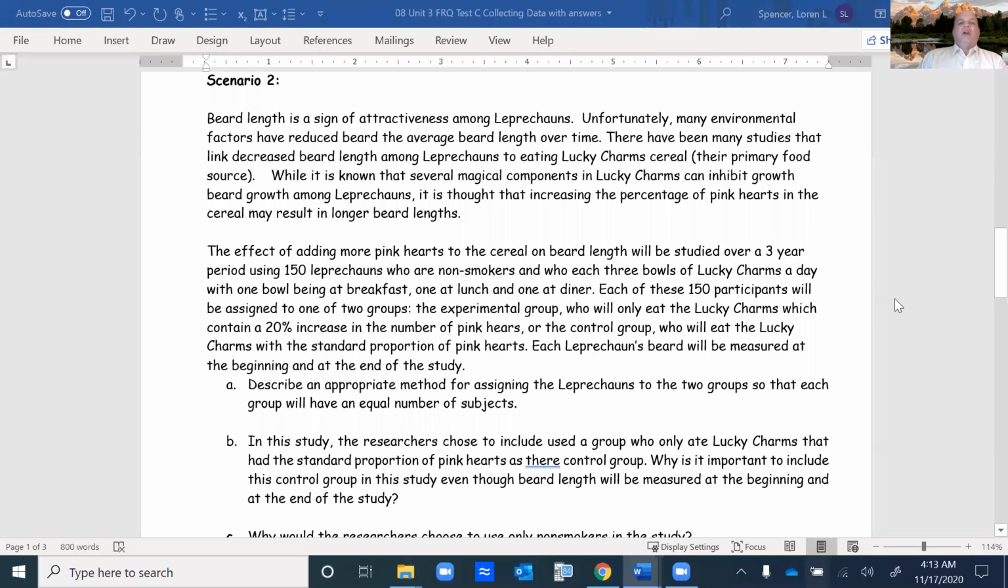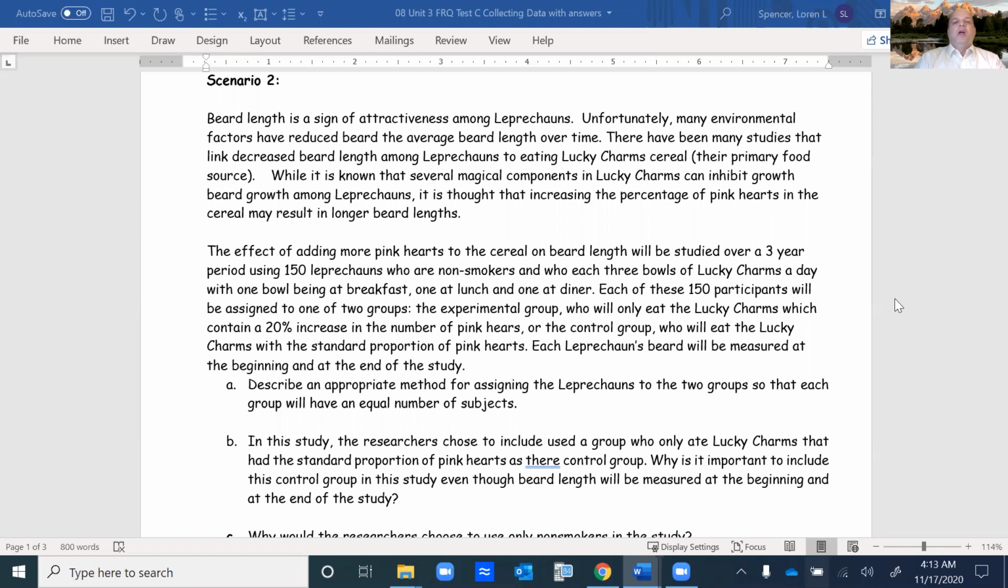This is scenario 2 for test C. Beard length is a sign of attractiveness among leprechauns. Unfortunately, many environmental factors have reduced the average beard length over time. There have been many studies that link decreased beard length among leprechauns to eating Lucky Charms cereal, their primary food